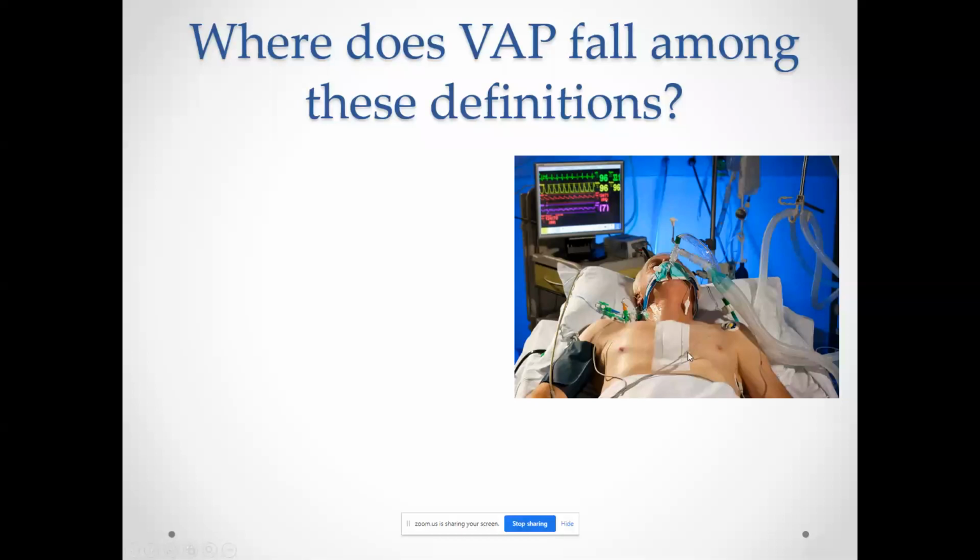Okay, why do you think that patient will get infected? Why will the patient develop pneumonia because of this machine, because of the ETT, the machine, or the connection? Why do you think that patient might have VAP, ventilator-associated pneumonia, because of this machine? What are the reasons, do you think? Why?